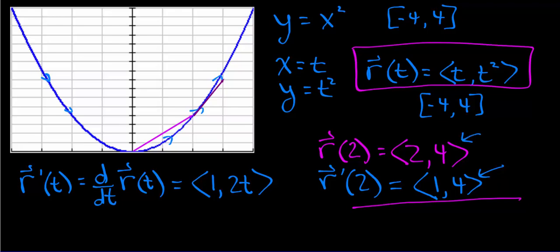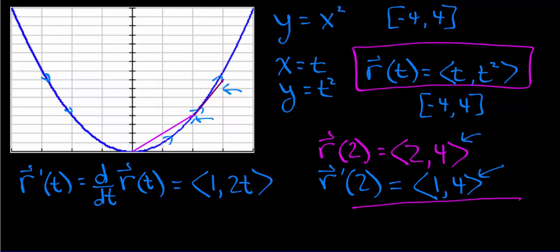Okay? So this vector, if I'm plotting it, has its initial point at the terminal point of the function value vector, and then it goes off like that. So there's what the derivative looks like, or how we can represent it graphically. And the reason we do that is so that it gives an idea of the slope of the tangent. This vector right here is parallel to the tangent vector, or the tangent line for that curve. So this way makes it very clear that we're talking about the